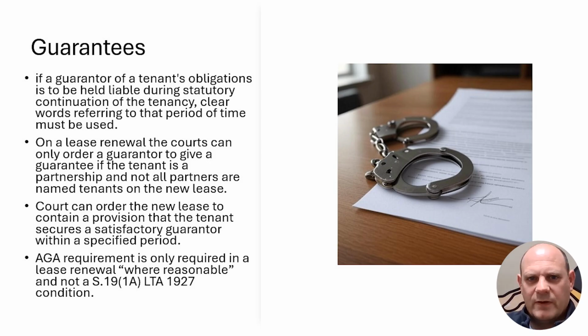If there is a fully qualified covenant against alienation, i.e. a covenant against alienation which says that the landlord's consent will either be expressed to not be unreasonably withheld, or in the absence of the wording that I've just mentioned, not to be unreasonably withheld, are added to the covenant by virtue of section 19(1)(a) of the Landlord and Tenant Act 1927, then it is possible that an AGA may be required if reasonable. It's not the case that the landlord is automatically entitled to an AGA on a lease renewal as of right. The condition in the new lease that the AGA is to be given on assignment must be reasonable.